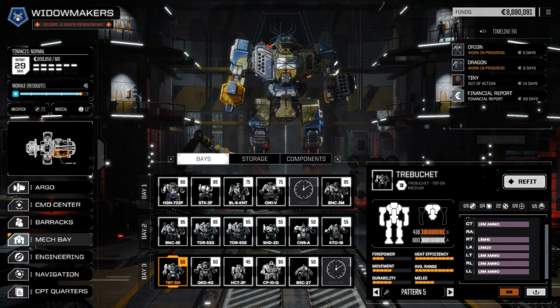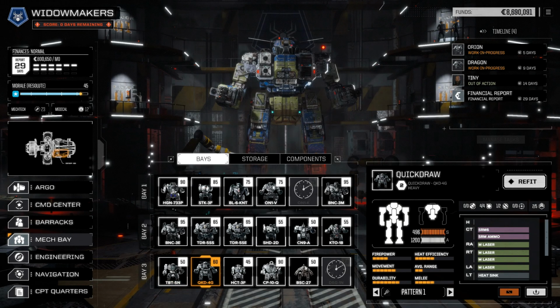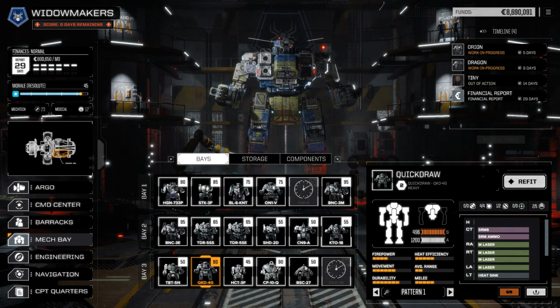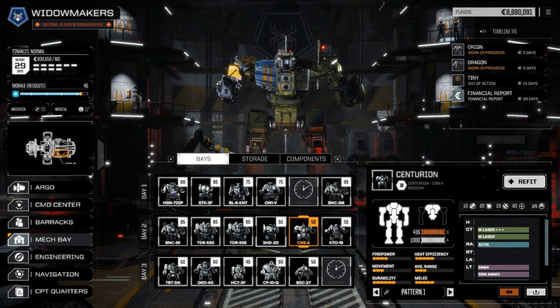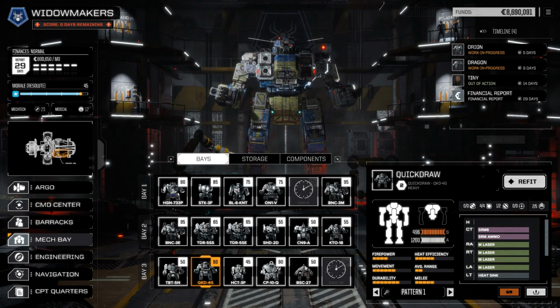And then we got the Trebuchet, which is another LRM boat. And then the Quick Draw. These things are quite heavy. I had this one for a while, and until I got some bigger mechs, it was my mainstay. It wasn't that great in terms of damage output, and I think its arms kept getting knocked off. But when you've got nothing else and everything else is under 40 tons, it's a pretty solid mech. If you can get a Kintaro or a Centurion instead, or even probably a Shadowhawk, you're probably doing better than you are with the Quick Draw. But still,